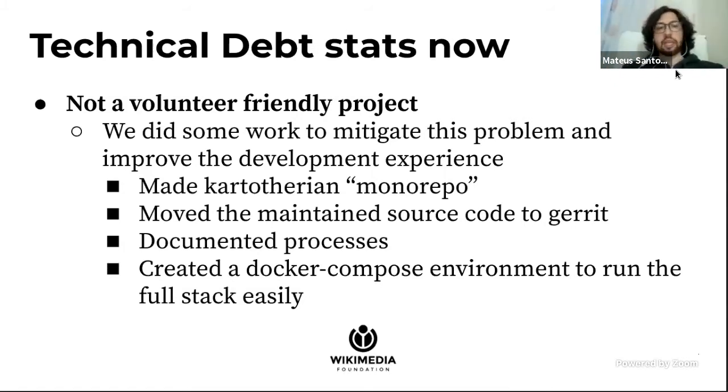So at the beginning, we had, as I said, like 36 repos under the Kartotherian organization on GitHub. We gathered all of this and made it a monorepo so we can have better source control over Kartotherian and Tilerator. We moved this new monorepo to a Gerrit instance on our infrastructure. And that was a really good thing that we did, because for the first time, maps started to have CI